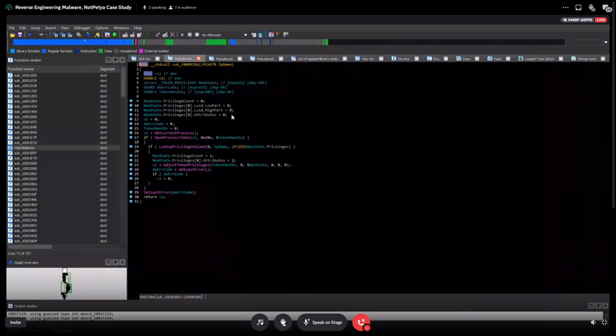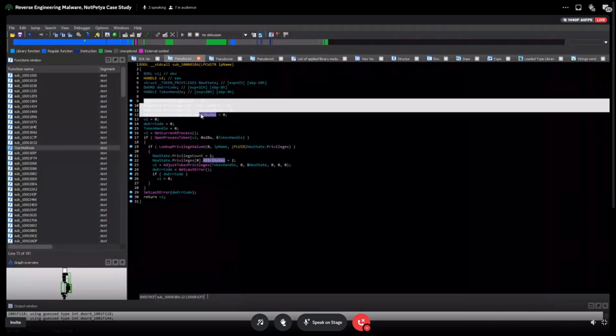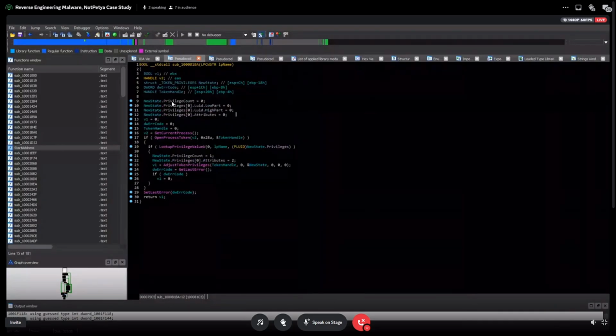But as you can see here, a lot of the structure in the token privileges structure was pre-filled. I did nothing to do this. That is, again, one of the lovely benefits of using IDA Pro. You have to do less work, you know more. So